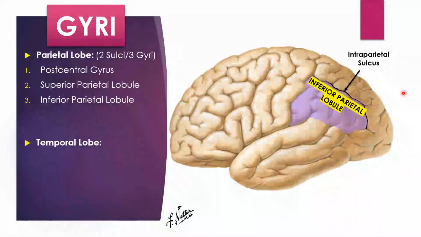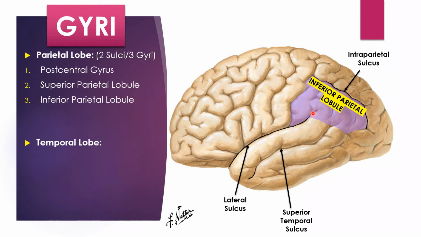We can see that the lateral sulcus of Sylvius as well as the superior temporal sulcus are both indenting towards the inferior parietal lobule. So this inferior parietal lobule has two parts: the cerebral cortex surrounding the lateral sulcus of Sylvius will be the supramarginal gyrus, and the cortex surrounding the